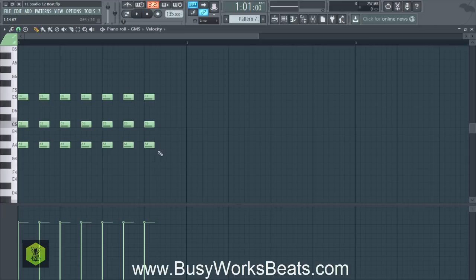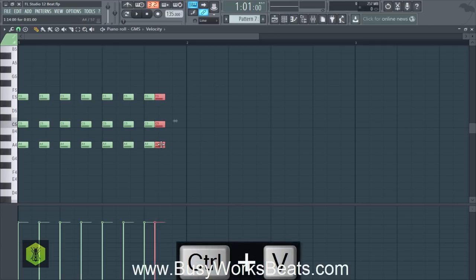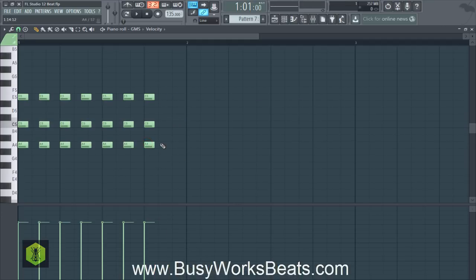Now what I want to do here is add triplet notes. So I don't want these smaller notes, I want what's called triplet notes. To do that, we have to change our snap to grid to a 3rd beat. This is going to give us a different grid in the background. You can see now I have 3 basic blocks in the background for every column. Now what we can do is copy and paste, or actually probably not best to copy and paste, you want to left click so that it locks to the grid.